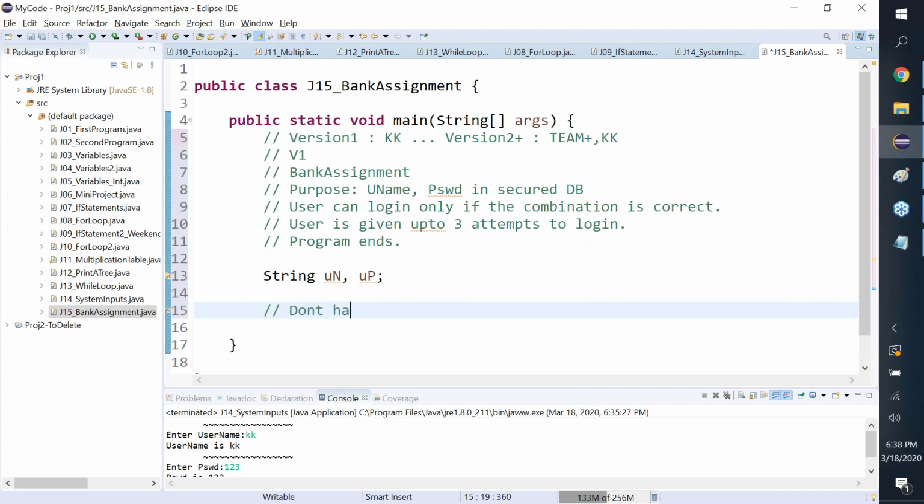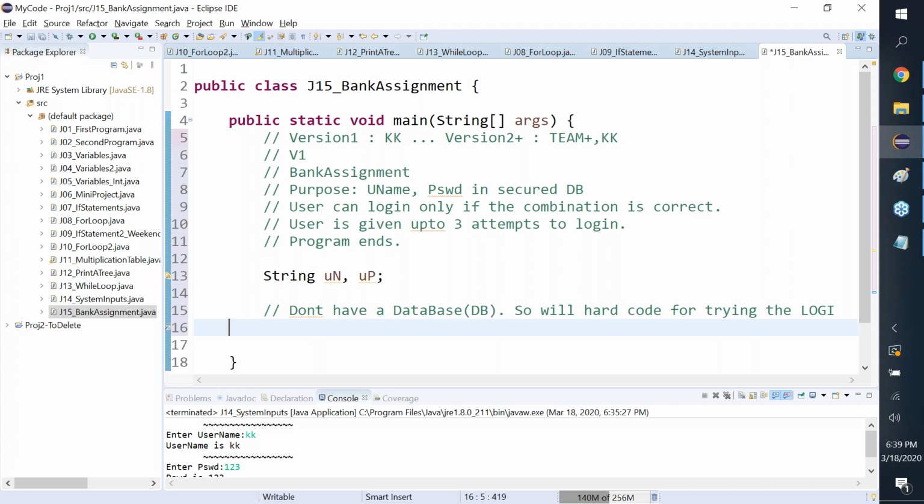Now I don't have a database. The database is external, so we'll hard code for trying the logic. So how do I hard code? I'll say